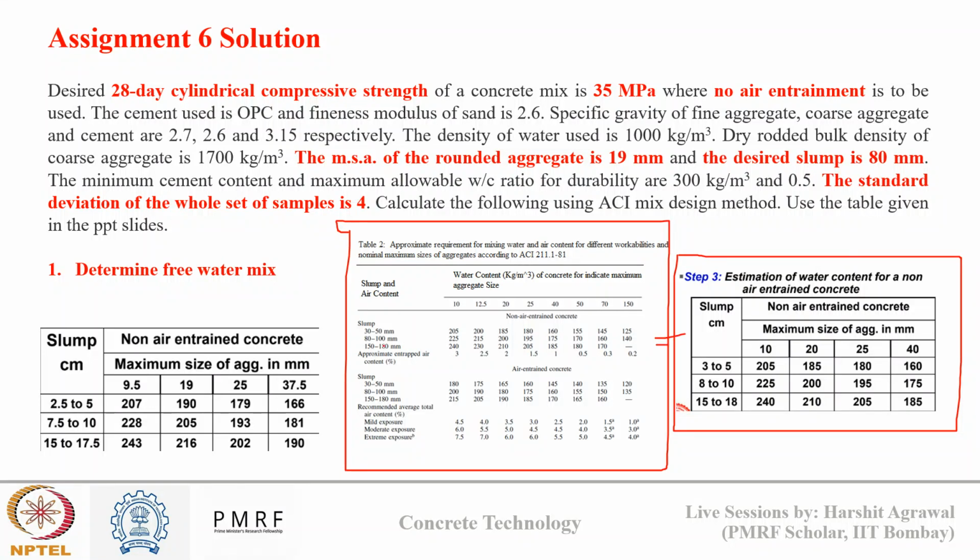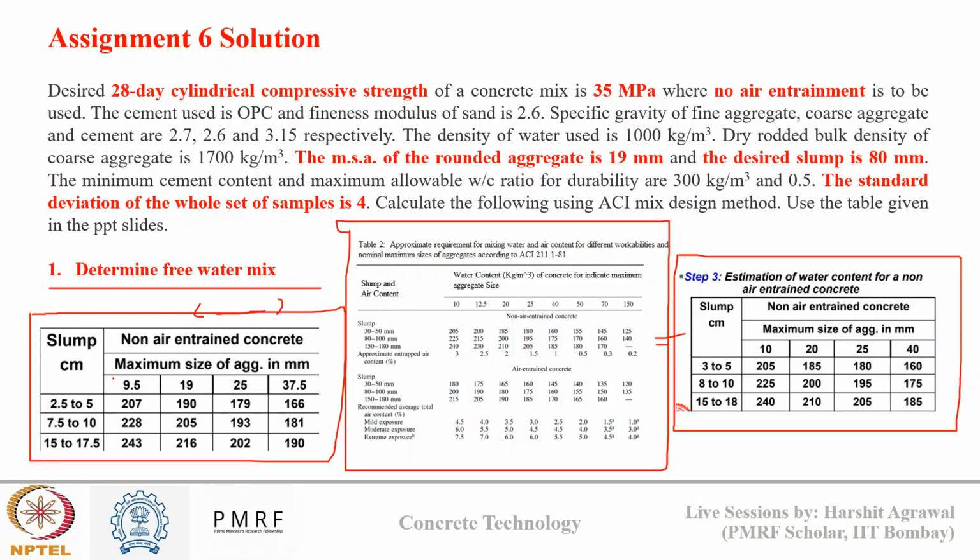But for solving this question, the range of values in which the correct answer was mentioned, for that they used the table that was there earlier in the discussion on the NPTEL site. So you can see you have been given all the values. We have 19 aggregate and 80 slump. So 80 slump will lie in this range. So the correct answer will be 205 kg per meter cube. So that is how you will get the answer.